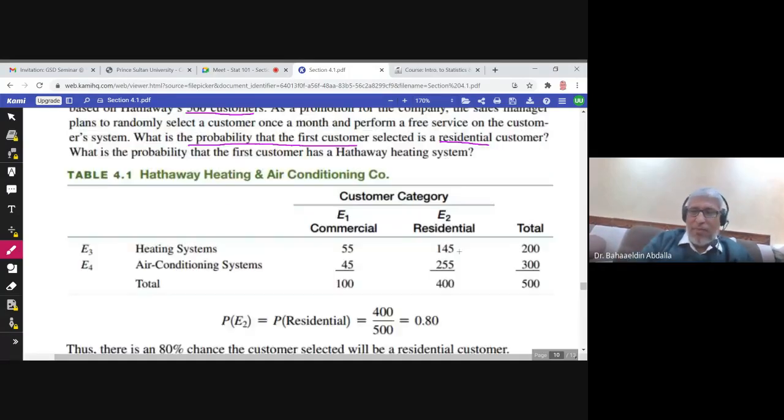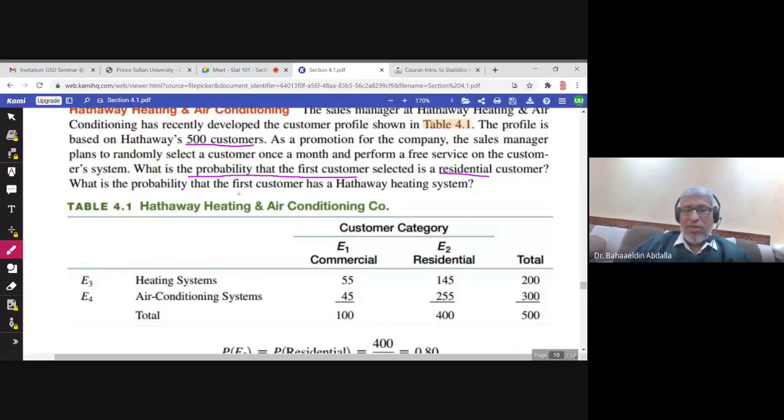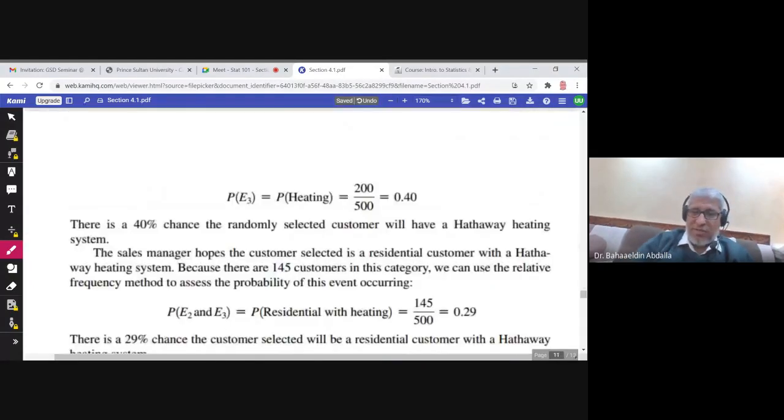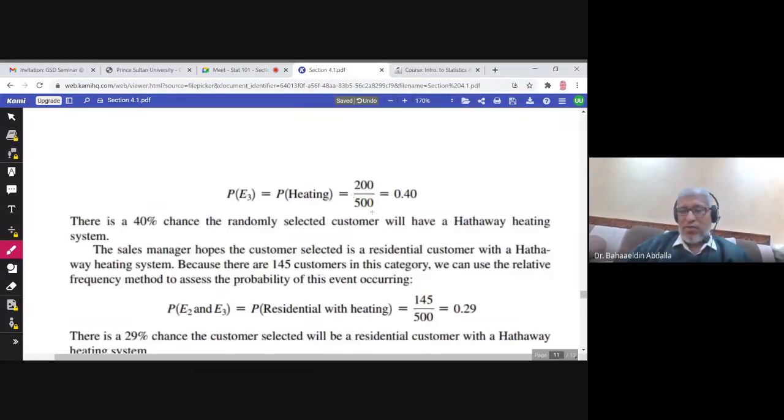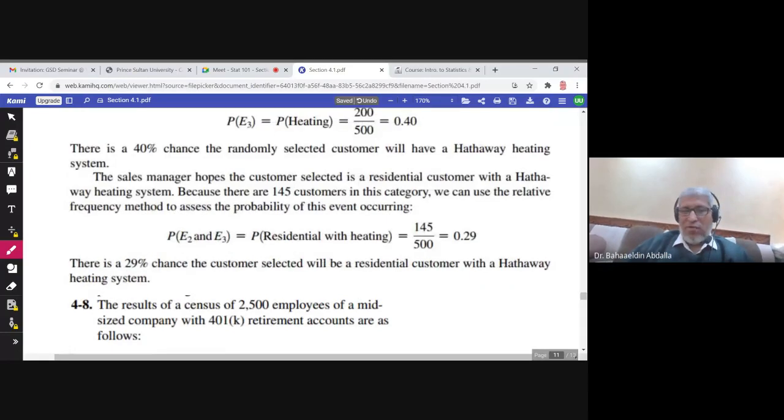He is also asked, what is the probability that the first customer has a Hathaway heating system? This is the heating system. So the 55 heating systems and 145 are also heating systems. So we add them, the total would be 200. So the probability of heating systems would be 200 over the total number, which is 500, and this will give you 0.4. So there is a 40% chance that the randomly selected customer will have a